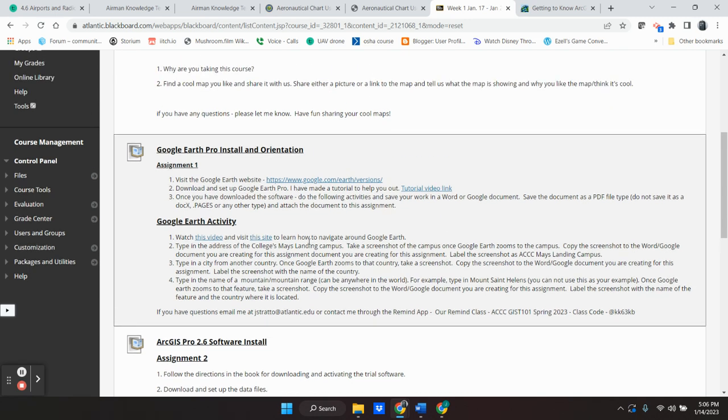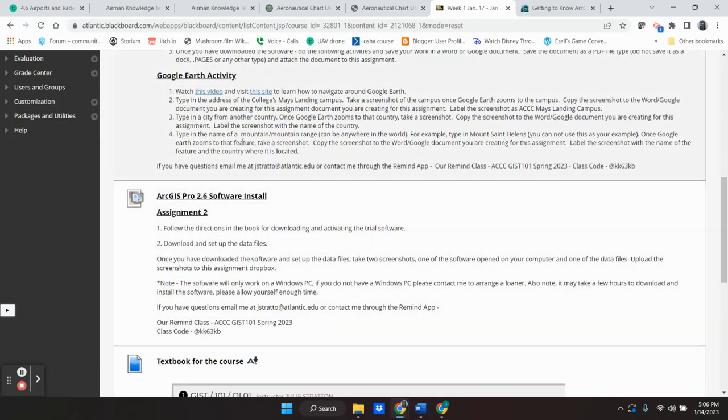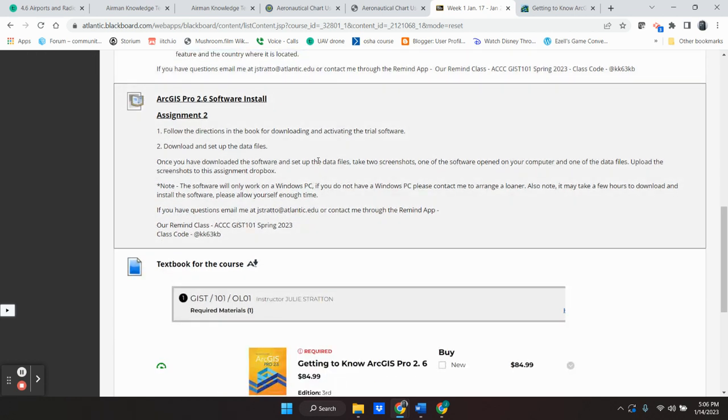But that's the Google Earth activity. So pretty much getting it onto your computer and then just playing around with it. Just a couple of very quick things. Then the third assignment, which technically isn't due this week, but I wanted to put it in here now because